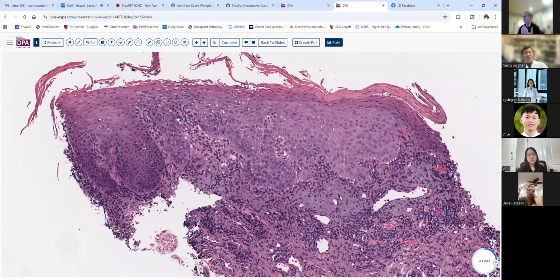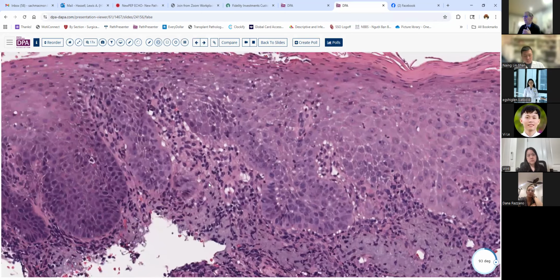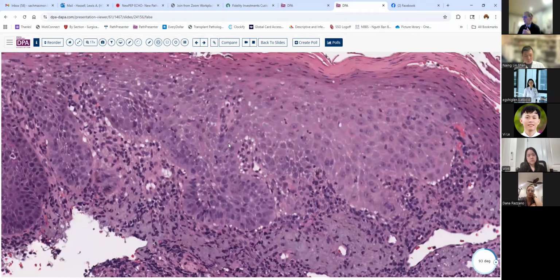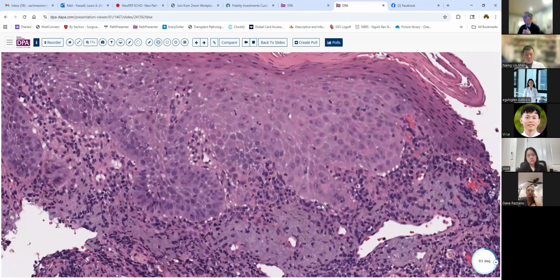It sounds like an inflammatory term, cheilitis, but because of the proliferation that you see here, some nuclear variability, enlargement, and even a little downward budding into this lesion, these types of lesions also need to be